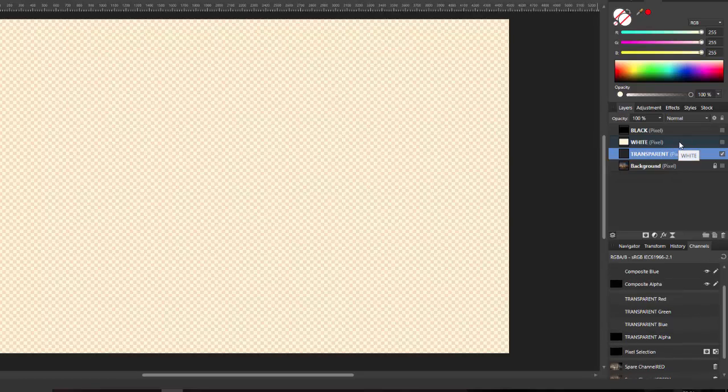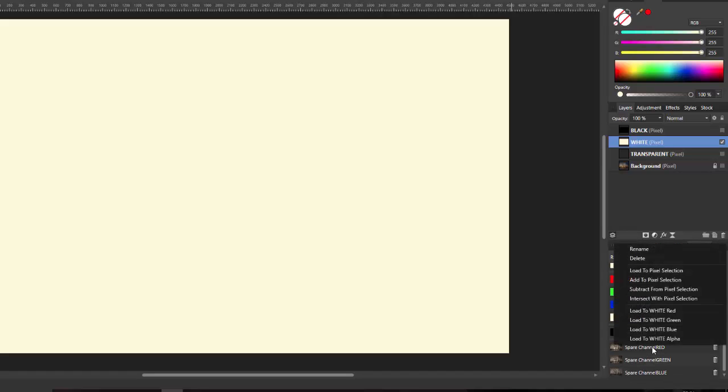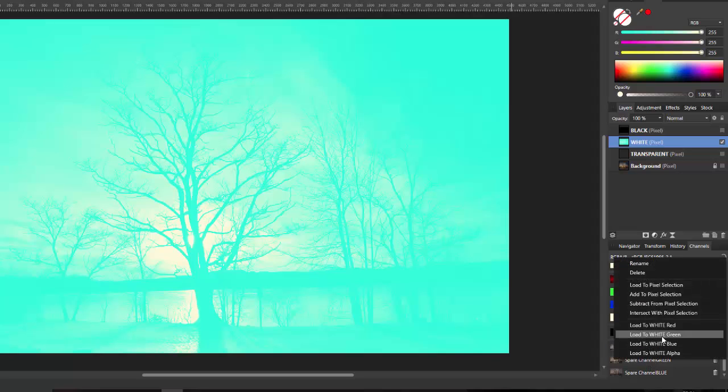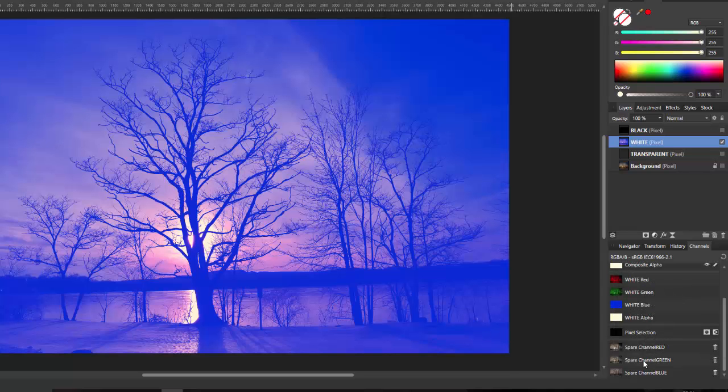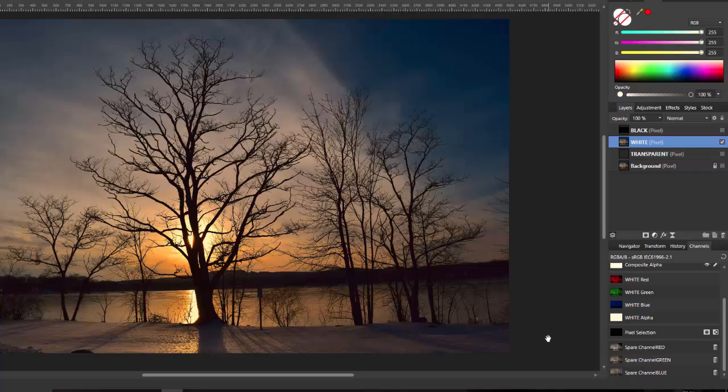If I now hide that layer, make the solid white pixel layer visible, and repeat the process and load this to the white red layer, and then load the green to the white green channel, and then load the blue to the white blue channel, it makes up the picture back like it was in the